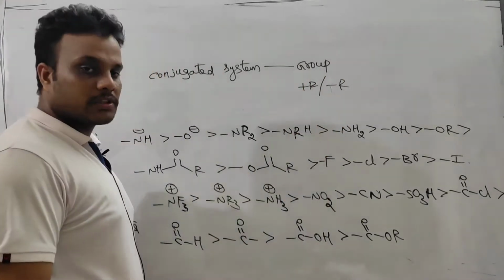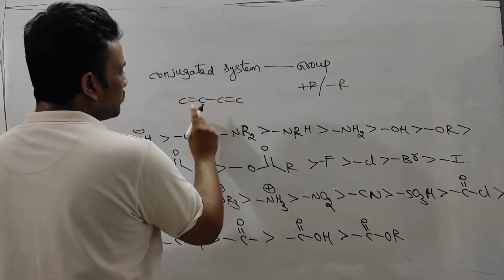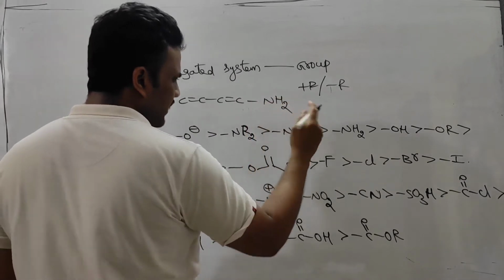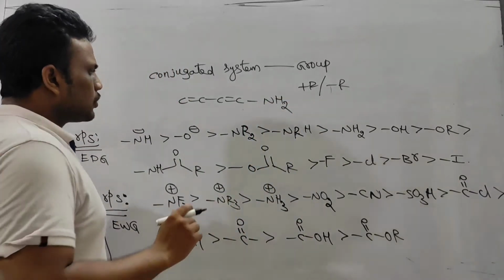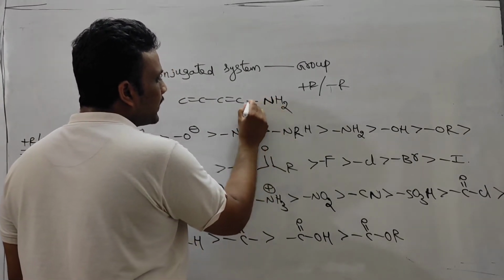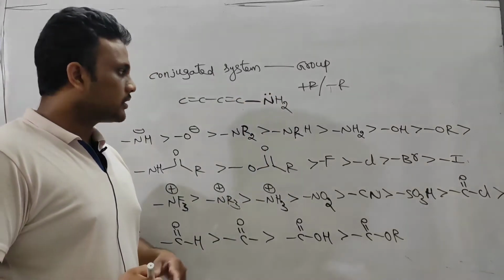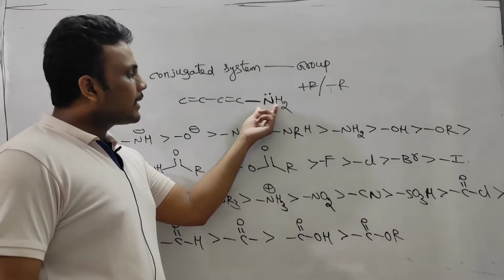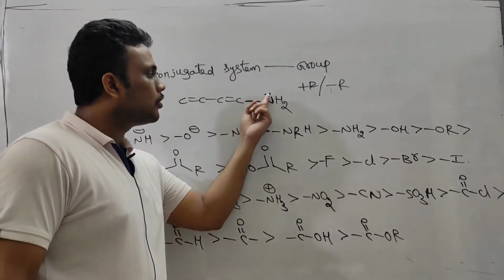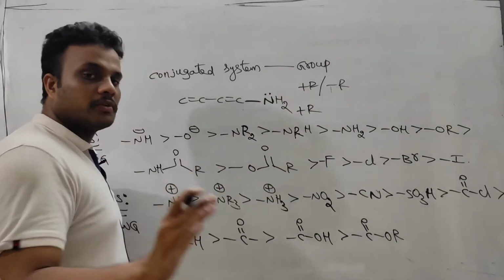How to understand this one, sir? So to a conjugated system like this, suppose I have this conjugated system, ignore hydrogens. Some group is attached, like NH2 group, any group. So the NH2 group is there, and the atom of this group which is directly attached to the conjugated system possesses a lone pair. If the atom of any group which is directly attached to the conjugated system possesses a lone pair, then that is always a plus R group. No need to confuse here.